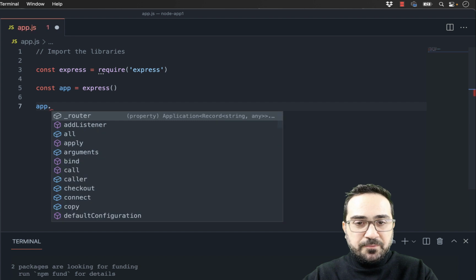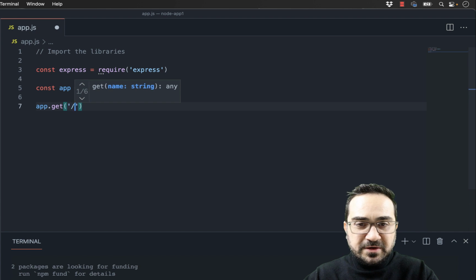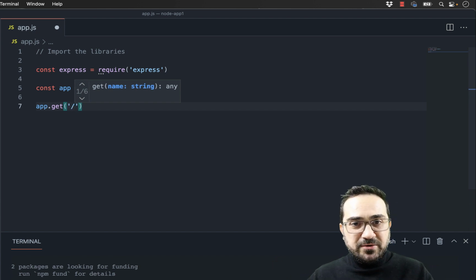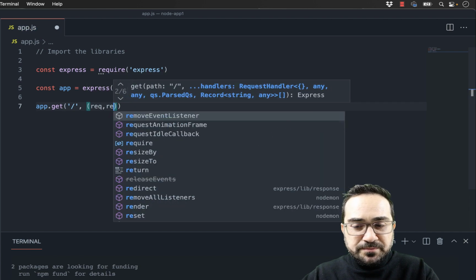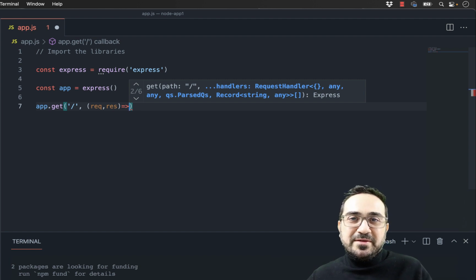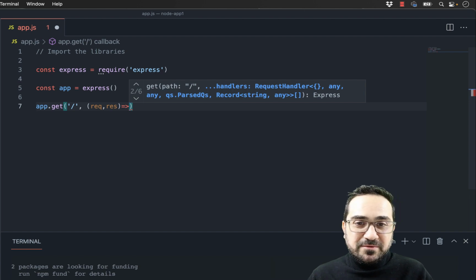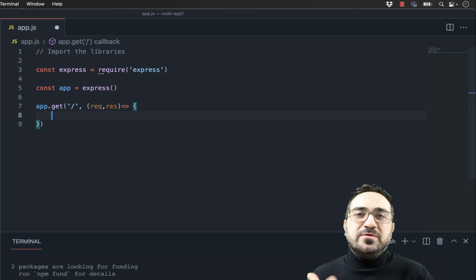For example, I can say here, every time somebody hits this URL, and for example, it will be the home page of my URL, alright, so I say app.get, there will be a request and a response. Now, the request means that the user will request something, right? So the user will actually press enter in the browser. This makes a request to us, and the server will respond with something. So the server will send something back to the browser. All right. So we create a request and a response. This is the format. Don't worry about the format. The more we use it, the more confident we'll be, let's say.